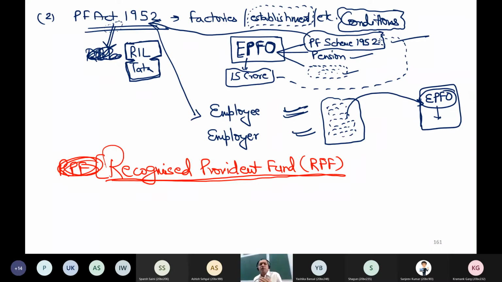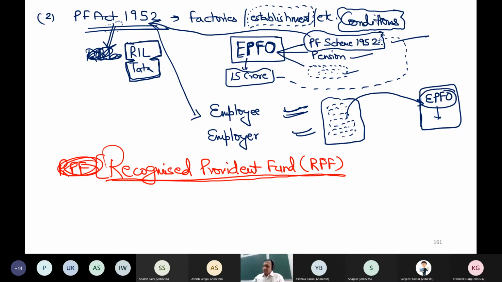For example, I don't want to be a part of this EPFO, if legally or compulsorily I'm not supposed to be a part of it. Suppose I'm not legally bound to be a part of EPFO, but still I want provident fund for my employees. As an owner, suppose I'm interested in the welfare of my employees, so I want to have my own provident fund. That is also possible. But if I want some tax benefit, then I need to take the approval of the